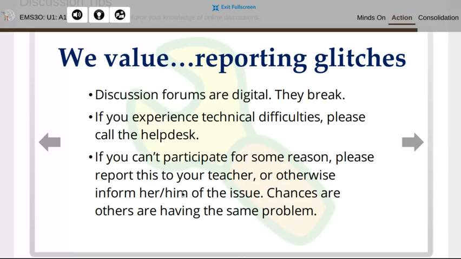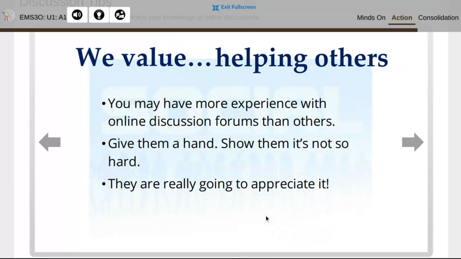And if you can't participate, let me know, but usually I leave the discussions open for a longer period of time, because it gives people more of a chance to participate. What else? You might have more experience in online discussion forums than others do, so be patient.